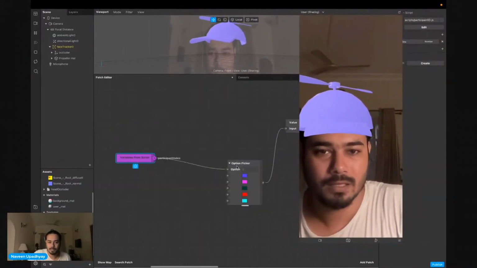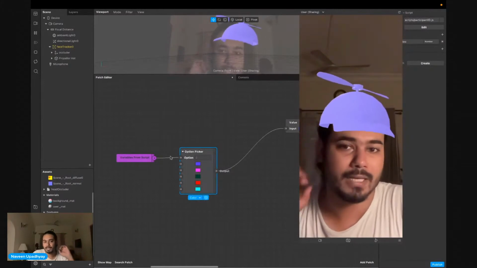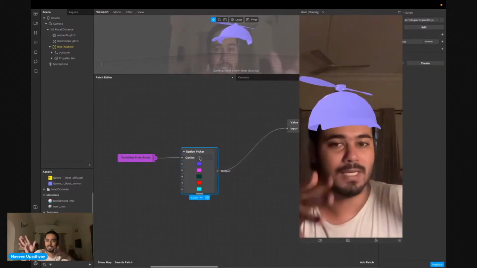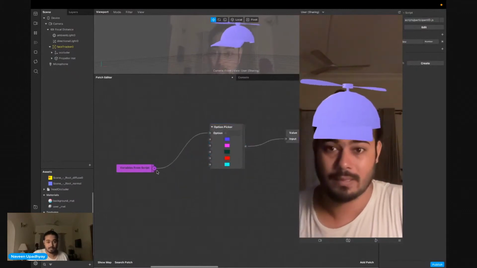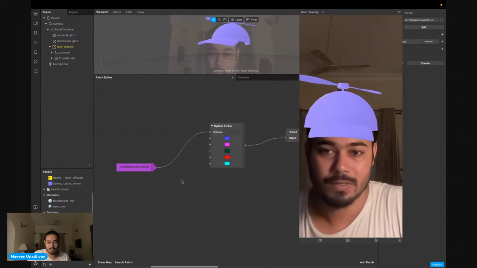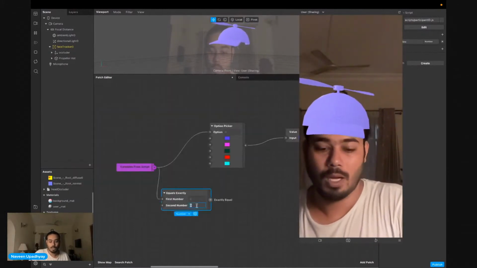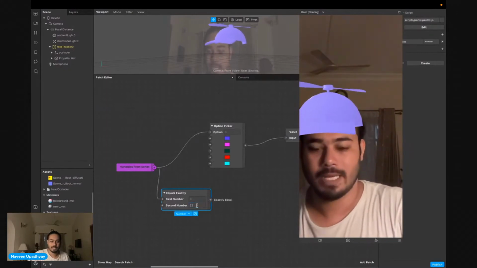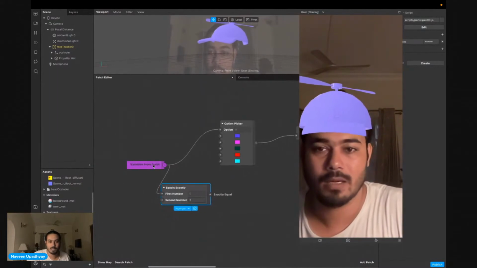Right now it is 0 for me, but if my friend loads the filter, it is going to be 1 for him, and similarly different IDs for others. That means I can also do something. Let's say if my participant ID is exactly equal to 2, then what I'm gonna do is use a color cycle.